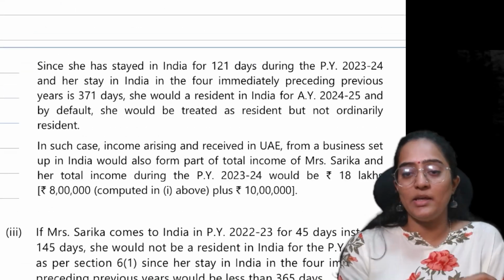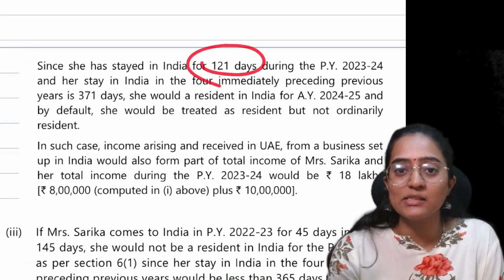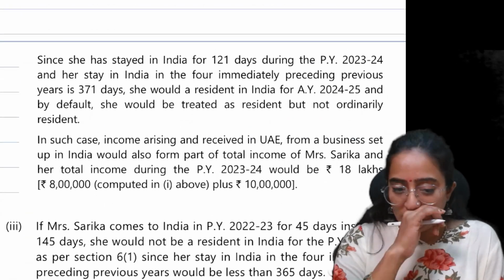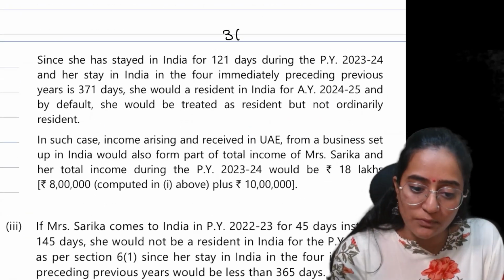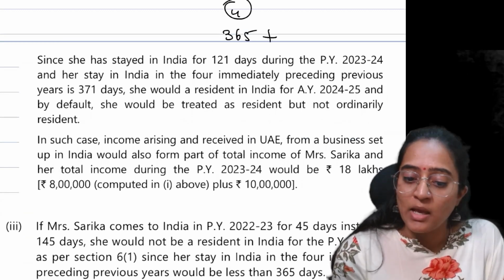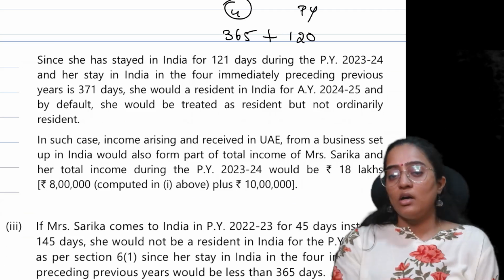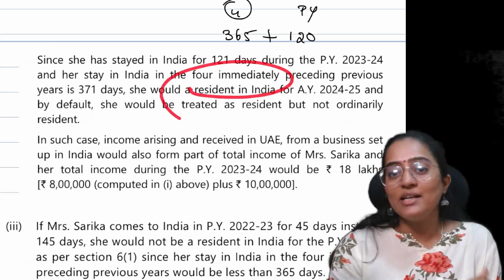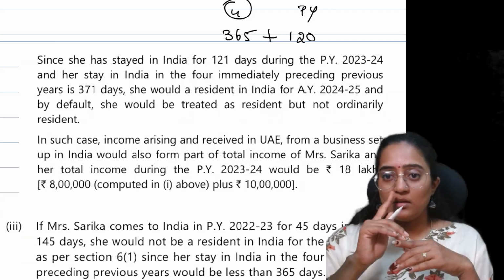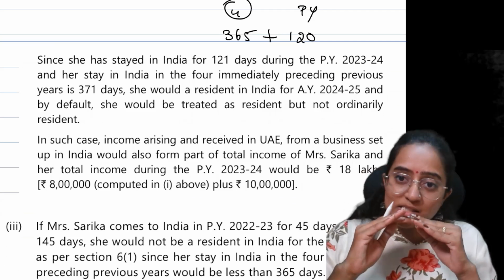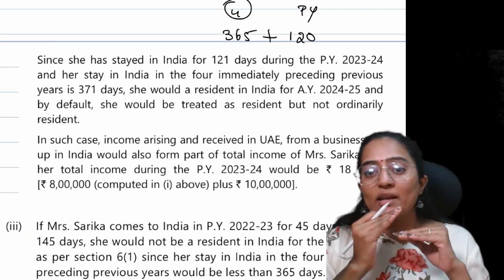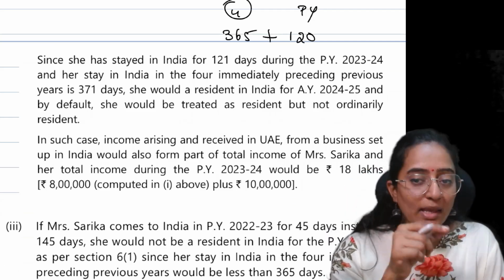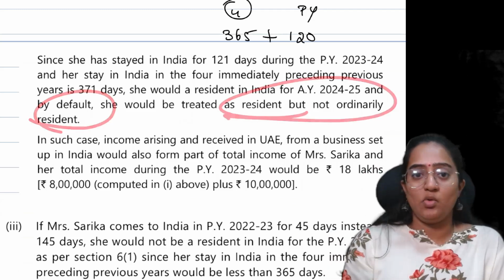As she has not stayed for 182 days, that first basic provision is not applicable. The second basic provision of 365 days, wherein you have to stay for 365 days in the last 4 previous years and should have stayed for 120 days in the last PY, this condition would have been satisfied and she would have become resident in India. But there would be a situation wherein she has stayed for a period more than 120 but less than 182 days. She would be automatically treated as RNOR even without looking into the additional condition. She would have been treated as RNOR.